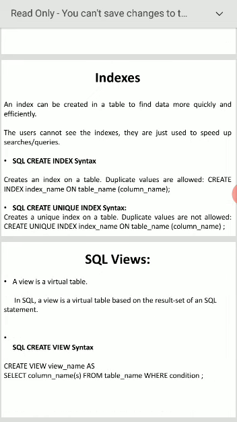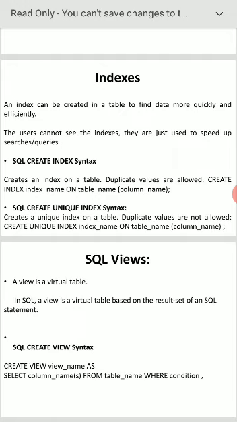SQL views are nothing but a virtual table; it exists only temporarily. Then the SQL CREATE VIEW statement: in SQL, a view is a virtual table based on the result set of an SQL statement. How can we create views?